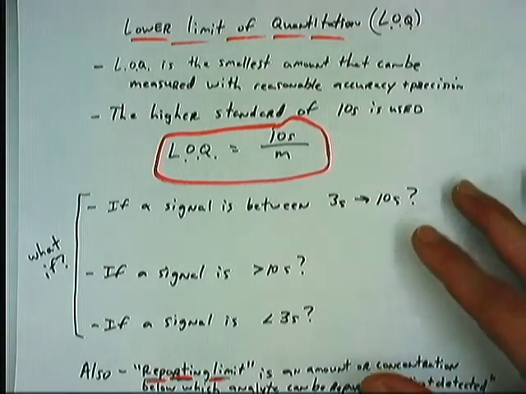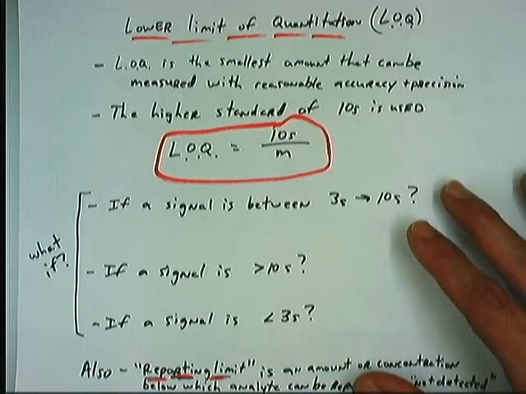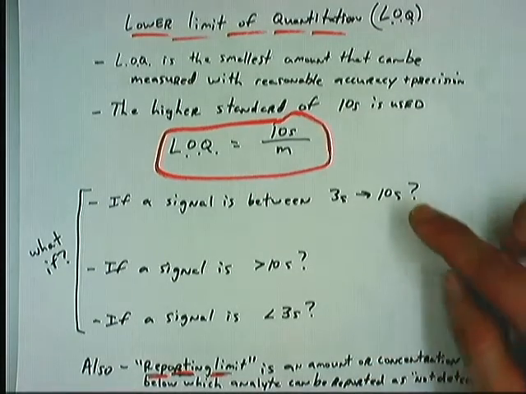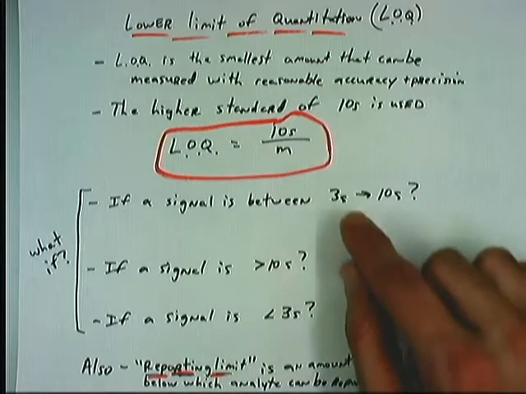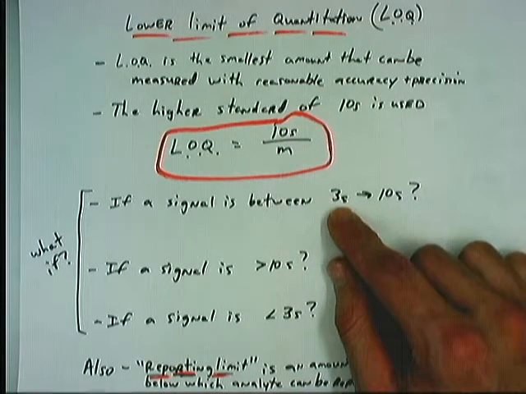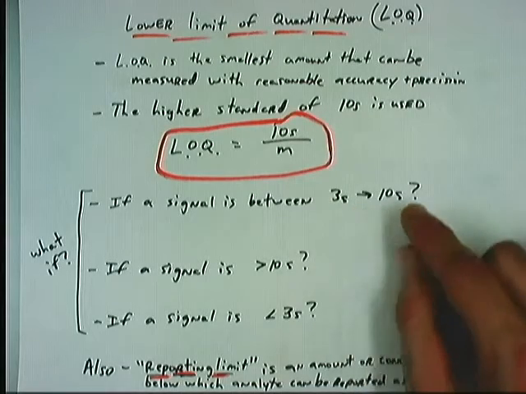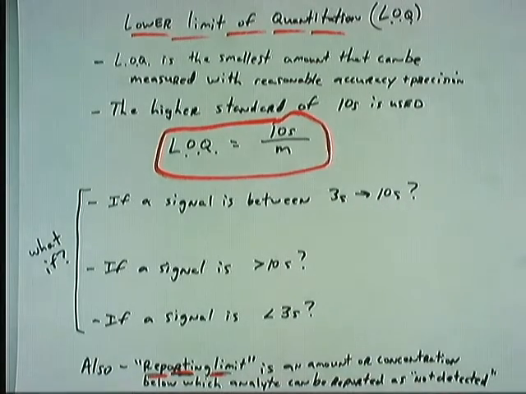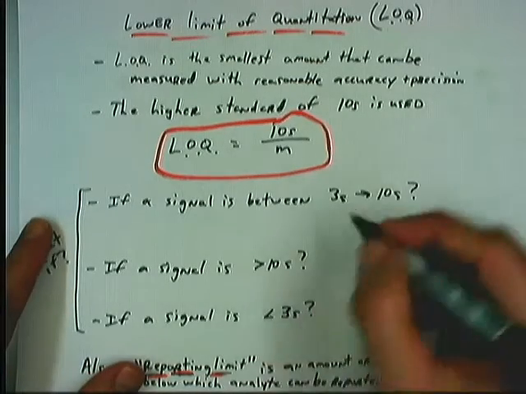Okay? So that then begs the question, well, what if a signal that I observe on my detector is somewhere between 3 standard deviations of the replicate noise and 10? What if it's between these two? What if it's between the L.O.D and the L.O.Q? Well, if that's the case,